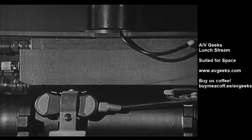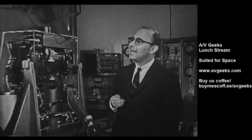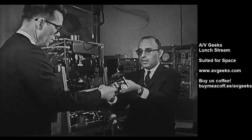Now, a sublimator is best described by referring back to the big snowbanks in Maine that seem to disappear even though the temperature never goes above 32 degrees. What happens here is that the snow goes directly from the ice phase to the gas phase, and it never melts in between. So the principle of operation here is exactly the same. What we do then is, and let me show you, by the way,